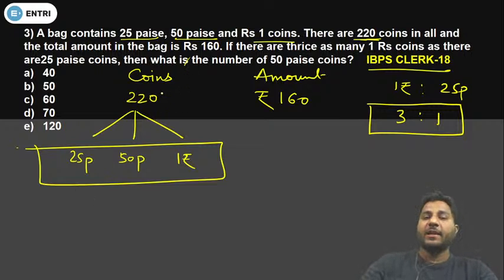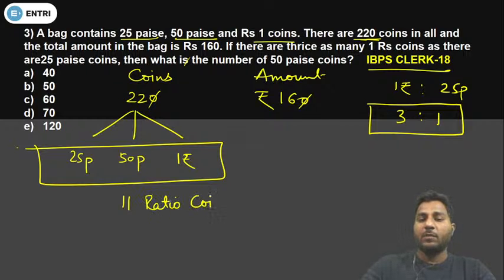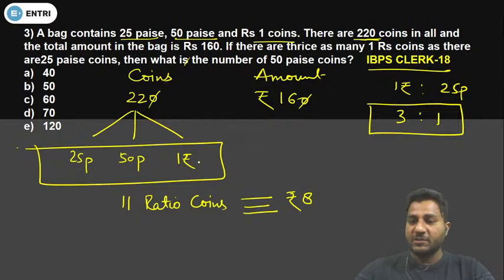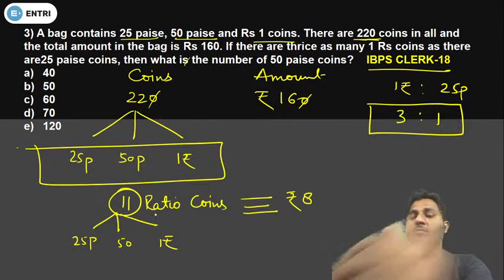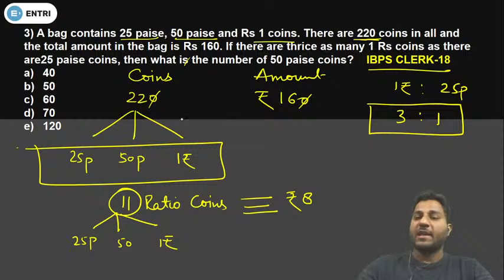Look at this. Let me convert it into the ratio. Let's say that 11 ratio coins will be equivalent to 8 rupees. Alright, we just have to match this 8 rupees. Now how can we match this 8 rupees? By distributing them in 25 paise, 50 paise and 1 rupee. Let's say that you have to match only 11 coins to 8 rupees. यानी आपको सिर्फ 11 कॉइन की वैल्यू 8 रुपी मैच करनी है, क्योंकि आपने इसको इलेबोरेट कर लिया है